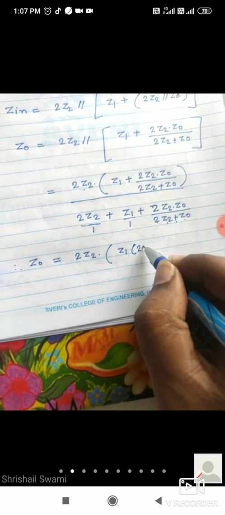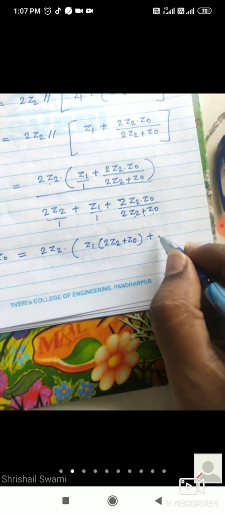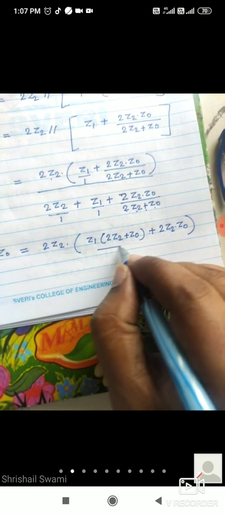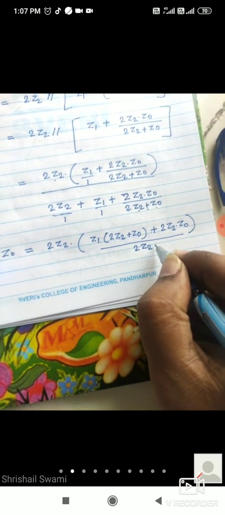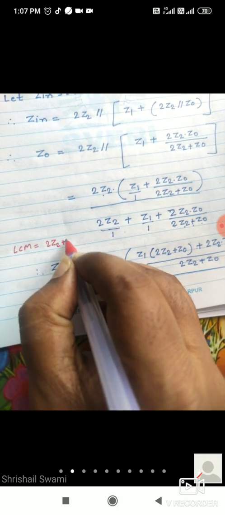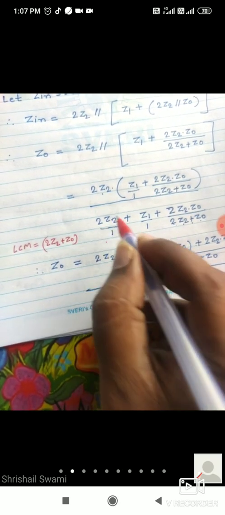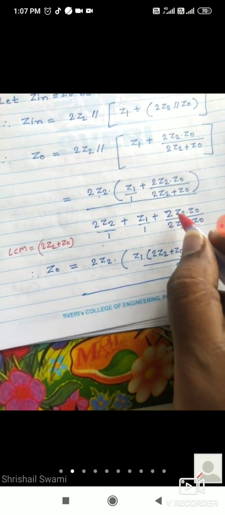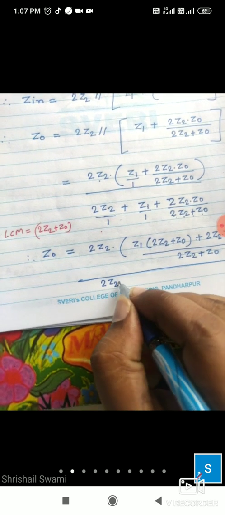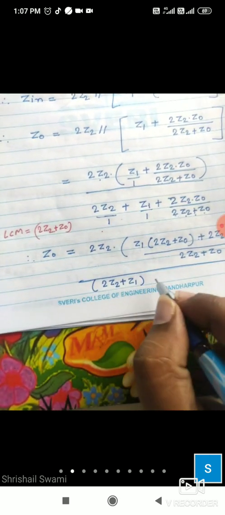In bracket 2z2 plus z0 plus this one, म्हणजे इथं काय नसतं म्हणजे 1 असतो, 2z2 into z0 divided by 2z2 plus z0 as it is. तर divided by ह्यांचं घ्यायचं आता LCM, you can write here, LCM is 2z2 plus z0. ओके, म्हणजे हा ह्याला मल्टिप्लाय करायचा, हा ह्याला मल्टिप्लाय करायचा आणि इथं 1 होणार. सो यू कॅन डू प्रॉपरली 2z2 प्लस z1 घेऊ शकता असं कंबाईनली, कारण दोन्हीचं प्रॉडक्ट आहे.